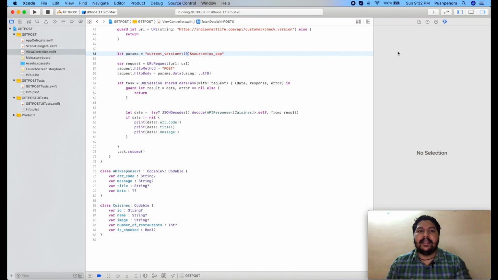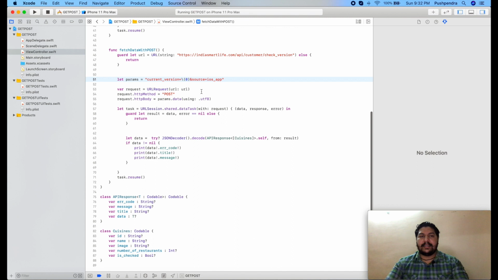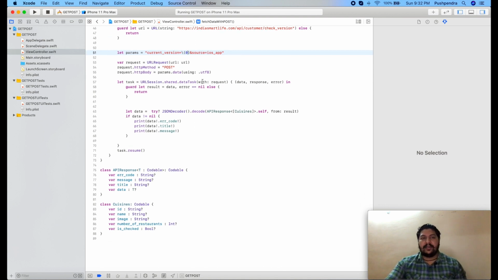So something like that. I hope now guys, you are very clear about the post method and the get method, and how you can send the parameters to the backend developer or to the services. So if you have any doubt related to the complete video, then please comment into the comment box and ask your question. And also tell me how you can use multipart data in the services, how you can upload an image to the services. My next video will be on that. If you have any suggestion for the upcoming video, then please comment in the comment box.